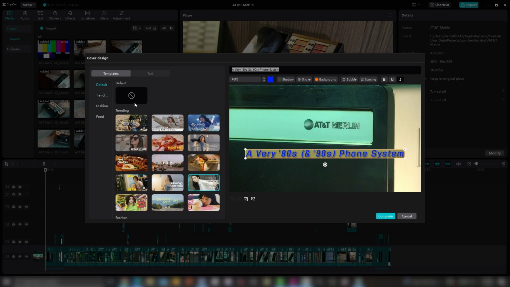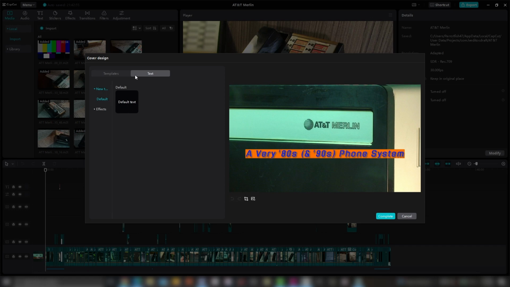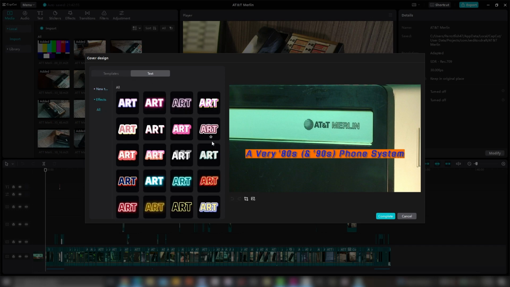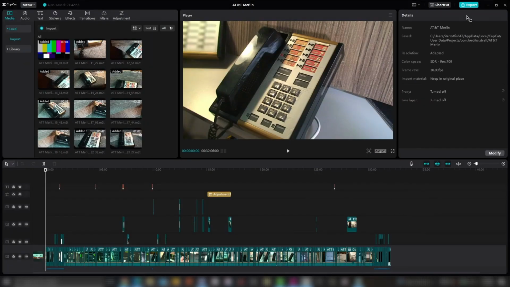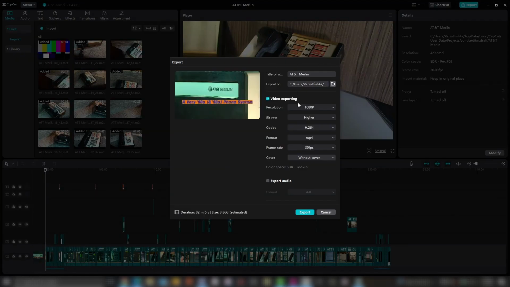Wow, this computer is struggling mightily. And you could also just do regular old basic text without using their templates, and there's some effects to choose from there as well. Going back to the export setting and pretty much winding up at the end of this